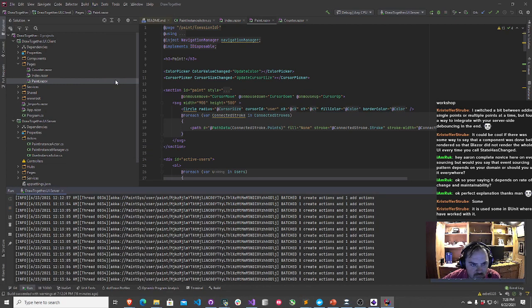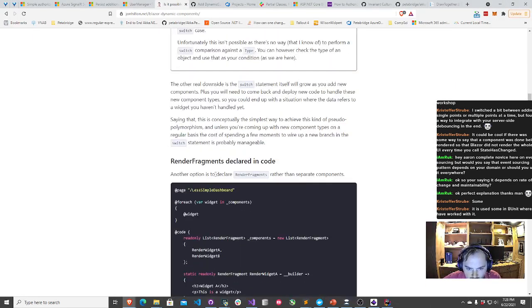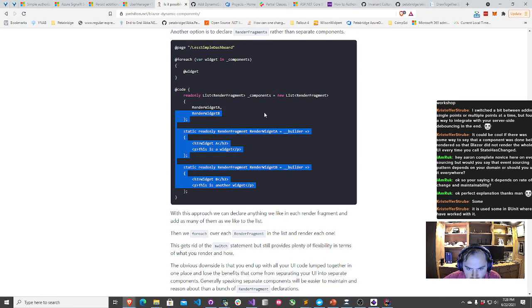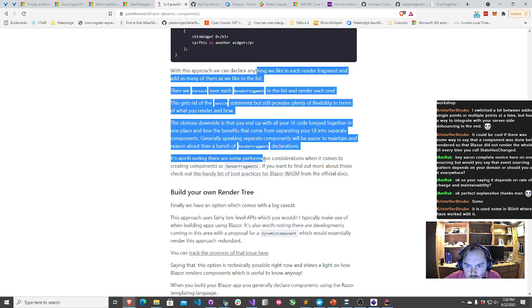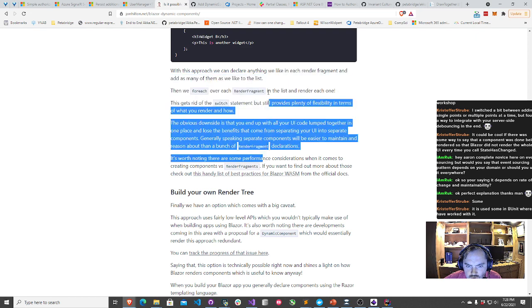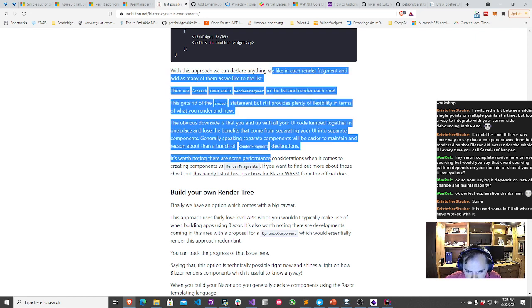Let me stop running my server in the background. That should be shut down now. Okay, let's give this a shot. Let's see if we can adjust this a little bit so we can be more efficient with how we're rendering things. So, render fragment sounds good. Maybe each stroke should be its own render fragment. That's not a bad idea, so we can try doing that. We for each render fragment and render each one.